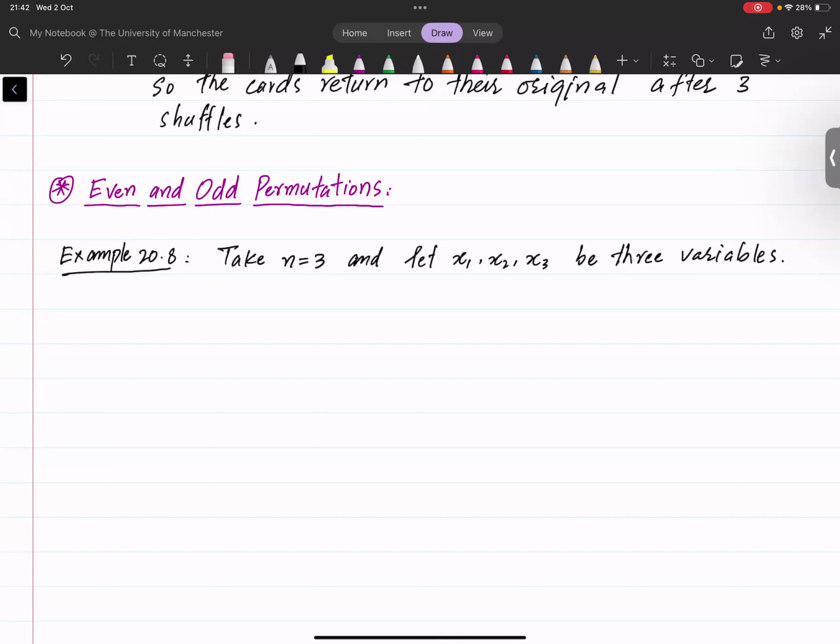Now we will let the permutations in S3 move around these variables just as they move around the numbers 1, 2, 3. So for instance,